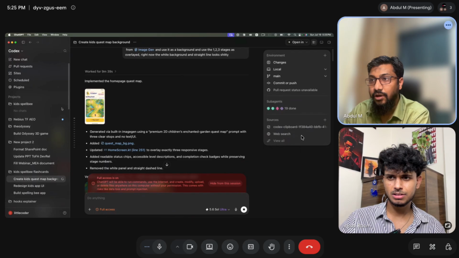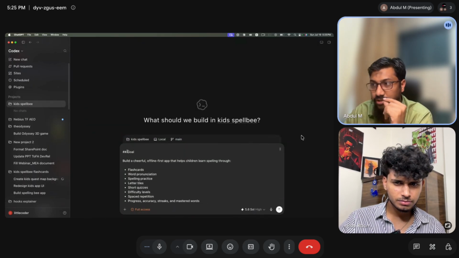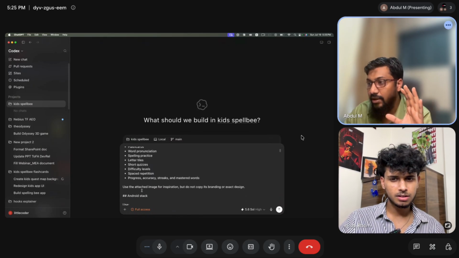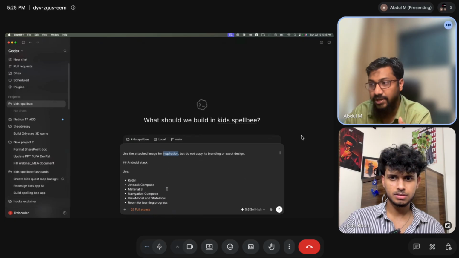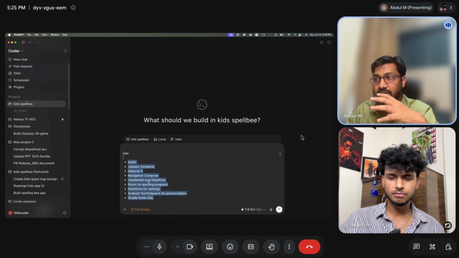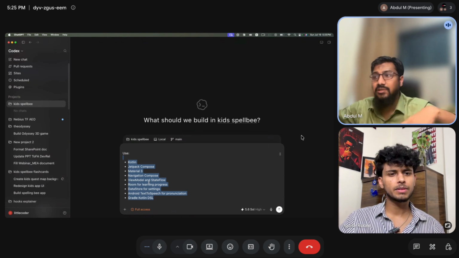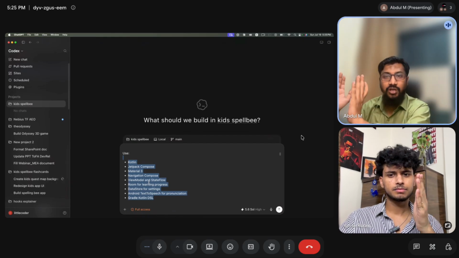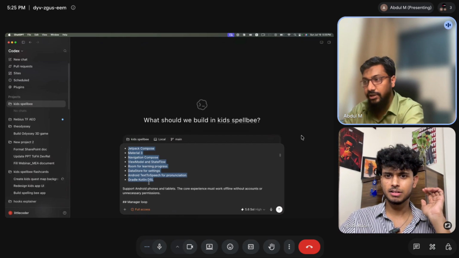Anyways, if you go here, you can see we are specifying what our goal is. That is the first step in any loop. The second is we are giving it enough context. We are saying use the attached image for inspiration, don't copy. Then we are saying what kind of stack you have to pick, so we give it the limitation of the technical stack. We don't want it to go in all directions, wondering whether I should do React Native or this. We are specifically saying, you need to create an Android app, you need to do it in native, so take Kotlin and do it.